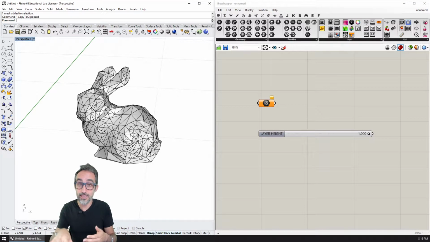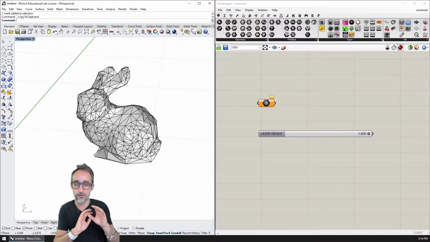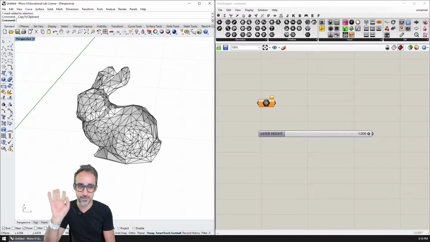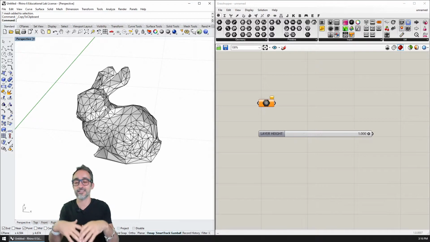If you read technical papers, for example, on computer graphics, you will see this particular bunny in many of the examples of people working with meshes, people working with 3D scans, people making operations, segmentations of meshes, etc. It's like the Utah teapot. It has a whole history behind it.